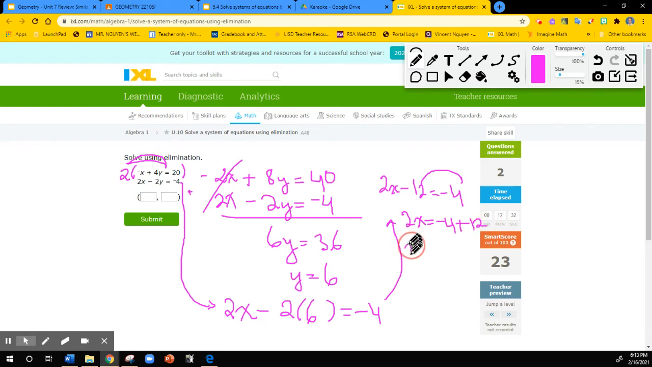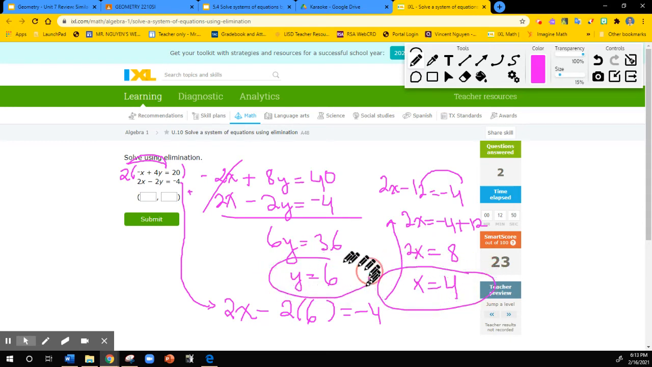Okay, 2x equals what's negative 4 and positive 12? I believe that is positive 8. And then I divide by 2, I get x equals 4. Okay, so here let's check out what our solutions are. Here's one answer. Here is the other answer. So our solution is actually